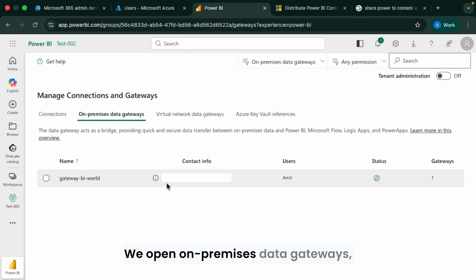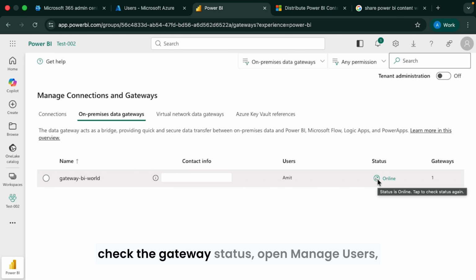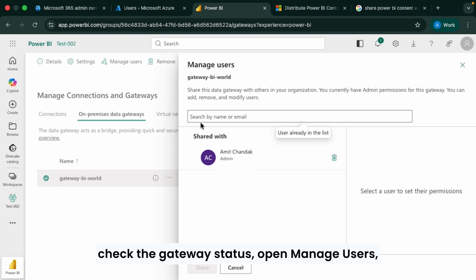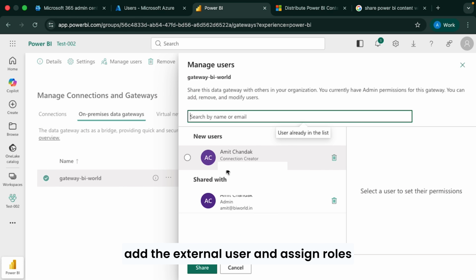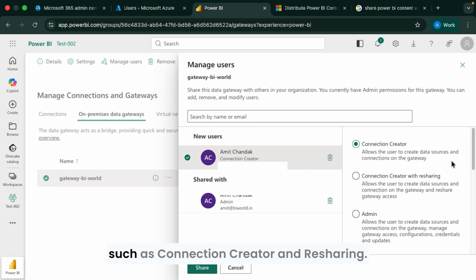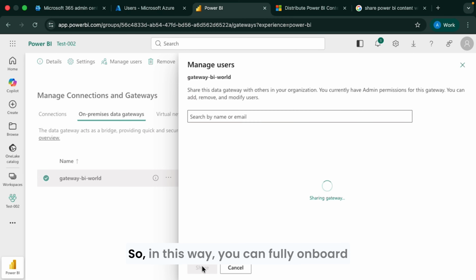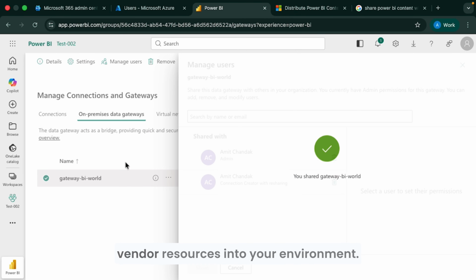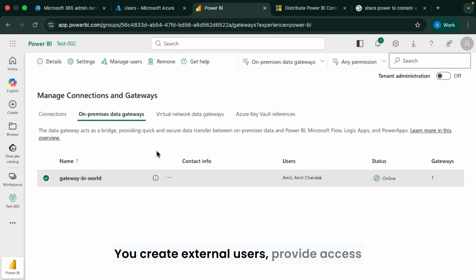We open on-premises data gateways, check the gateway status, open Manage Users, add the external user, and assign roles such as connection creator and resharing. Now the external user is able to use the gateway. So in this way, you can fully onboard vendor resources into your environment. You create external users, provide access to workspaces, connections, and gateways, and allow vendors to work inside your Power BI